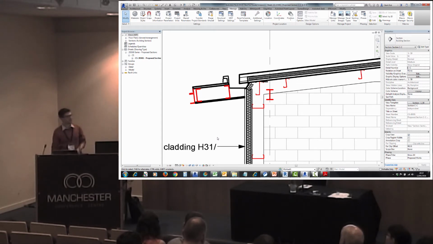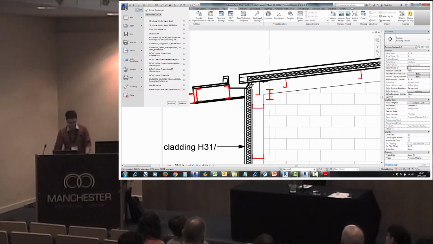The second tip was a very simple one for people who are just starting to use Revit. Is there anybody here that's just starting to use Revit? Yeah, cool. In which case,